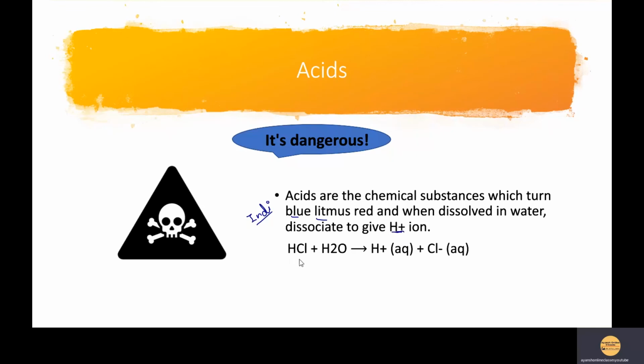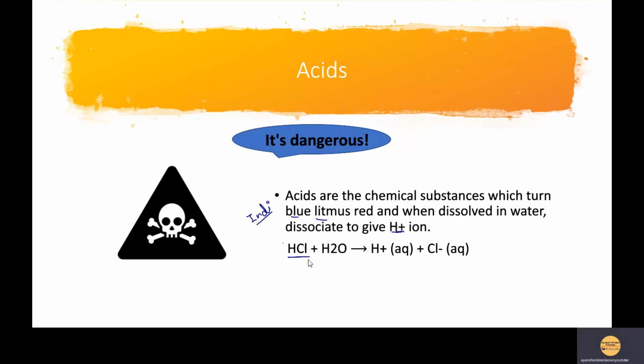Now let's take a common example of acid, that is hydrochloric acid. Let me tell you children, hydrochloric acid is also present in our stomach. It is one of the major ingredients which helps the food get digested, and it is secreted by the stomach muscles itself. So we can see not only around us, but acid is present also within us.